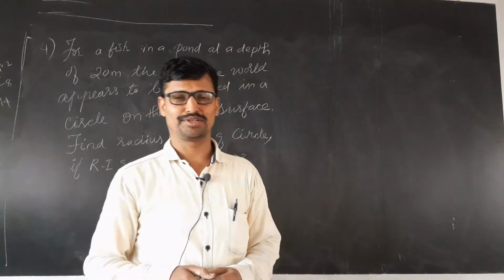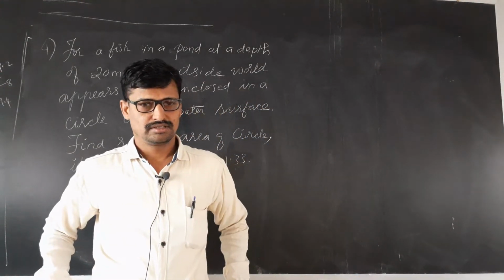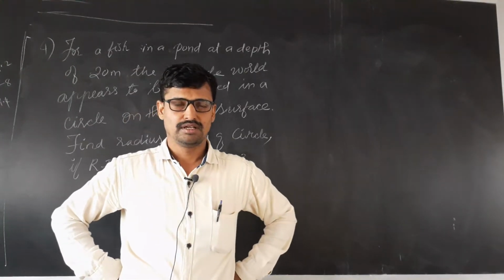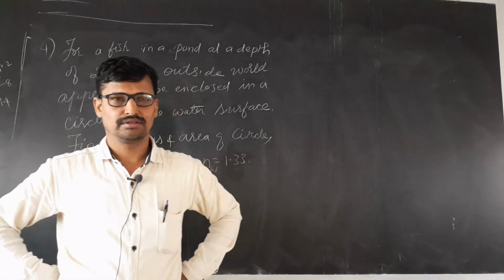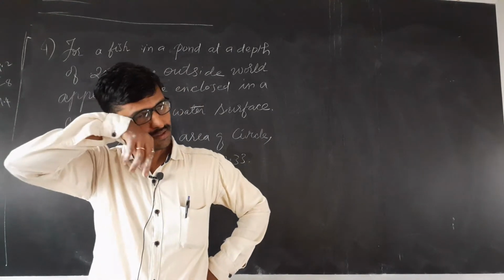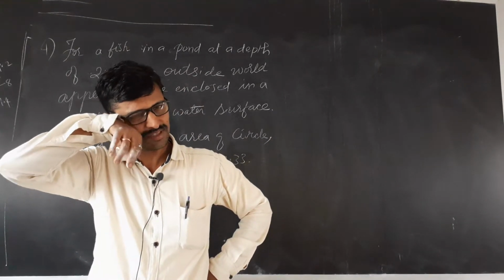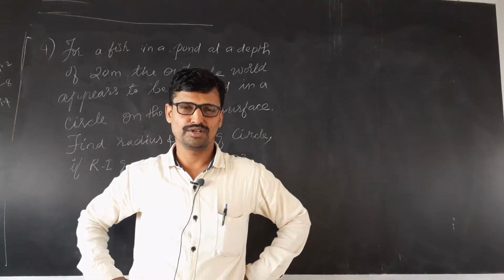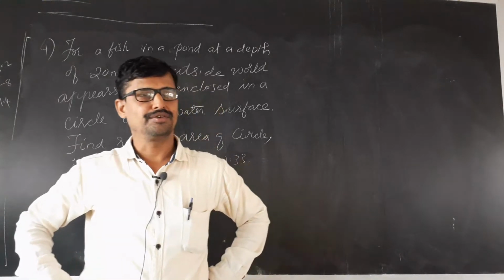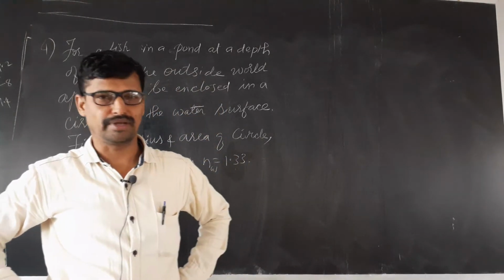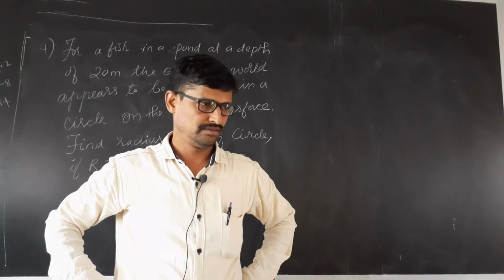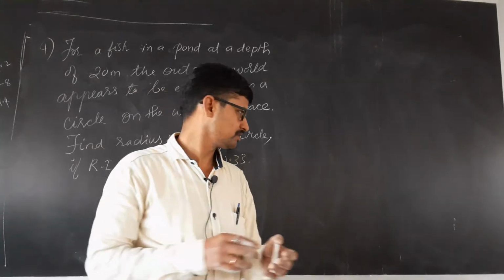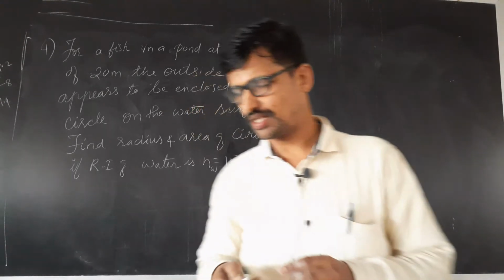Hello children, we are on to the seventh part of ray optics. Again we will be continuing with the problems because theory is over except some small concept, that is the telescope. You only have to learn the ray diagram and the formula for magnification. Well, I will teach it.